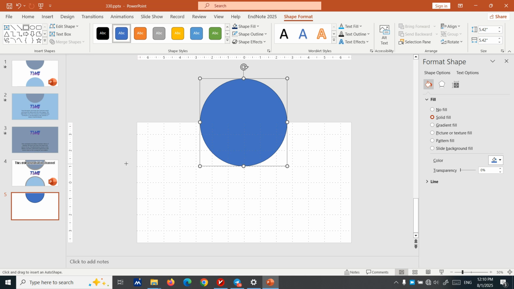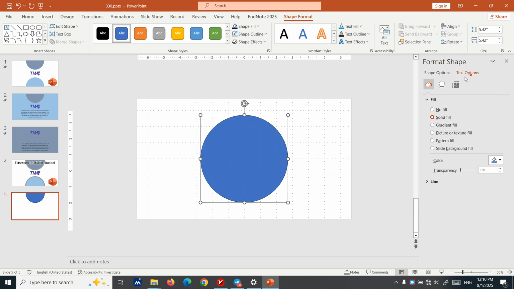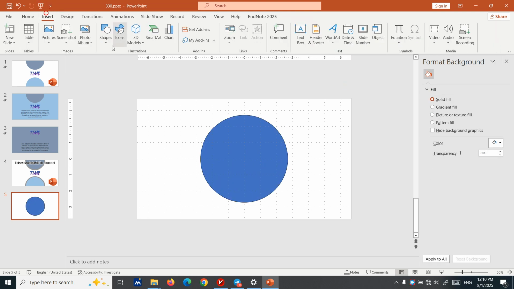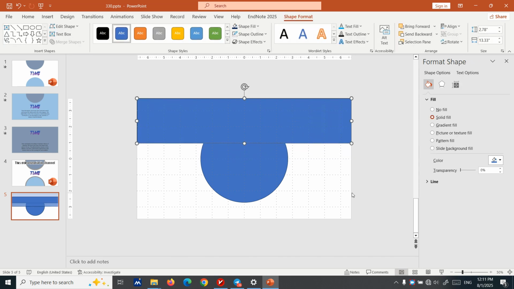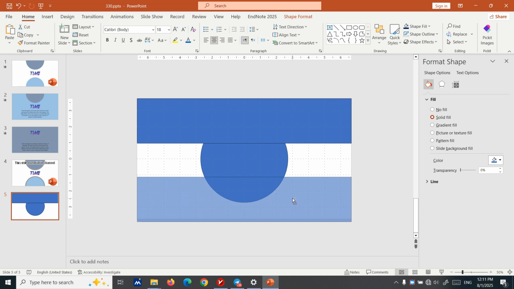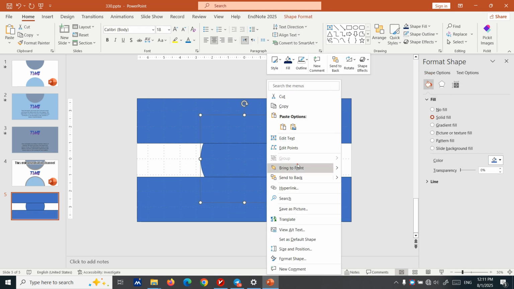How? It's really easy. We need to align the shape in the center. This is a trick you maybe don't use, or maybe you can use it. It's up to you, not up to me. After making it in the middle, create a rectangle like this. And then bring it up and bring it down. Then bring this thing to front